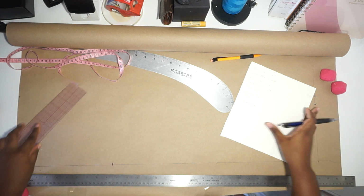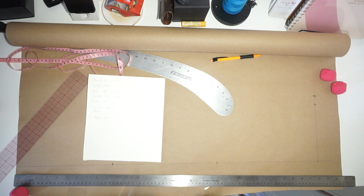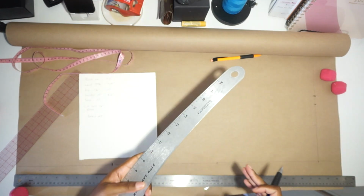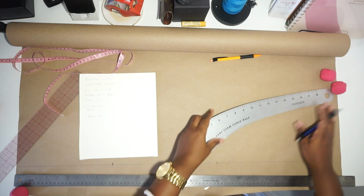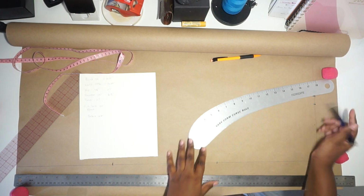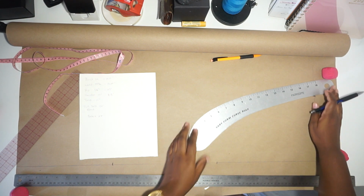This is the center. So the first thing I'm going to do, I know I'm flip-flopping and I apologize, but again, this is freestyling patterns. I'm going to take this ruler, this little curve ruler. You can do this by hand if you want. You don't have to use a curve ruler. I just have it, so I'm going to use it. You want to take the measurement and curve it from that inch line that we did to the 13 inch line,